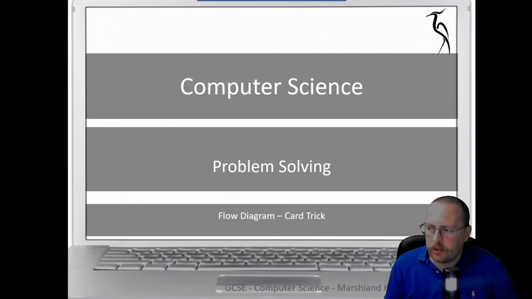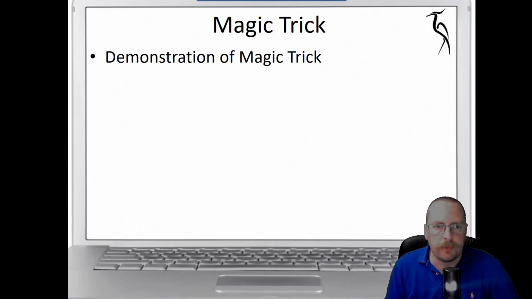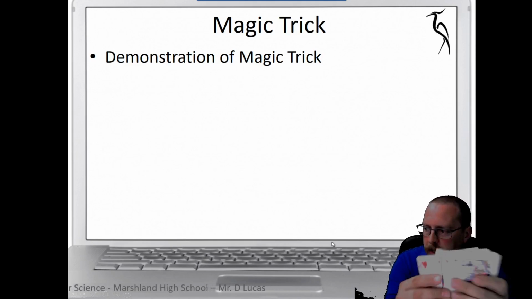Today's lesson. We're going to just have a look at the task. So again, we're looking at algorithms and writing flow diagrams, and I've already said that we're going to do a magic trick. Now I'm going to run through the magic trick first of all. So what I will show you is how it works, and then I'll go through and explain how to actually solve it. So what we need to do is, with our 21 cards, I'm going to get you to pick